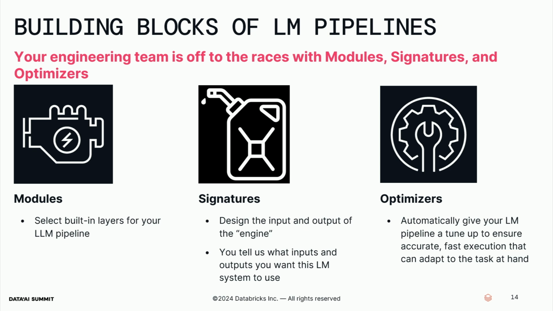Like layers in PyTorch, this module behaves as a callable function. So we bring in keyword arguments, and then we format a prompt to implement the input. We include the appropriate demonstrations and call the LM, and then parse the output. Signatures are where we define our input and the output: what input and what output our LLM system is going to take.